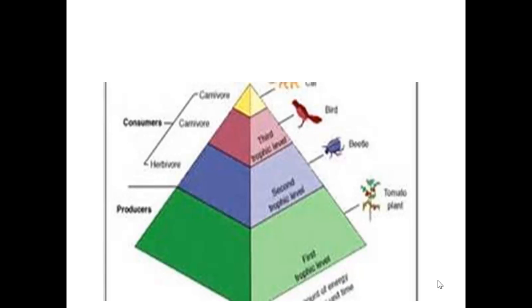The energy pyramid we've been talking about: at the very bottom level you have the producers, where you have the majority of the energy available. And then as you go up, the energy is lost. The primary consumers lose more energy, secondary consumers lose even more energy, and tertiary consumers have a lot less available energy than all the other levels.